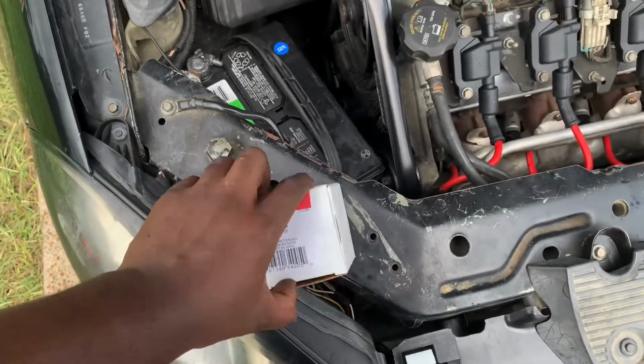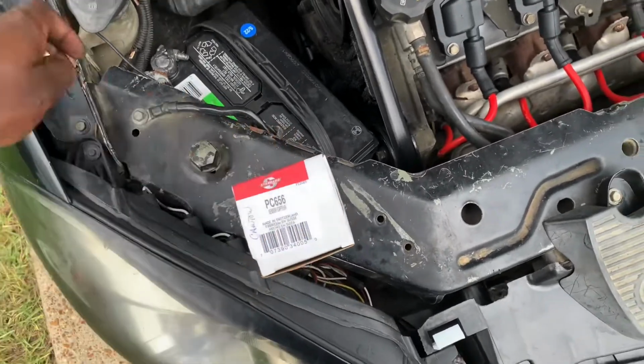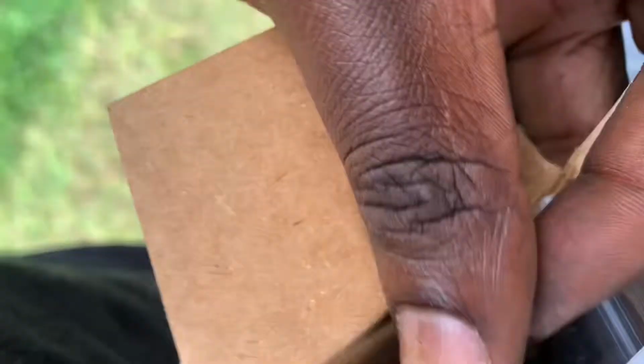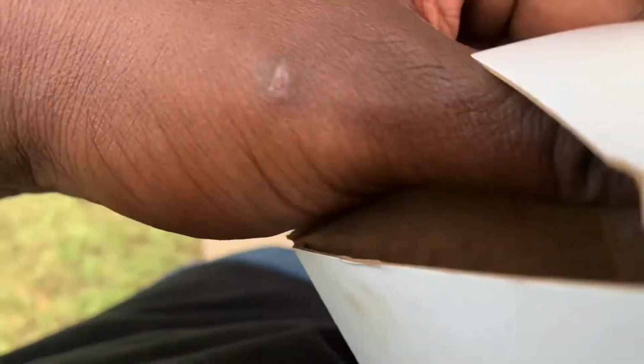Today on this video, I'm gonna be changing out the camshaft position sensor for an 06 Impala SS. Alright, to do this, first you will have to unplug your battery, your negative post. Once you unplug your negative post,